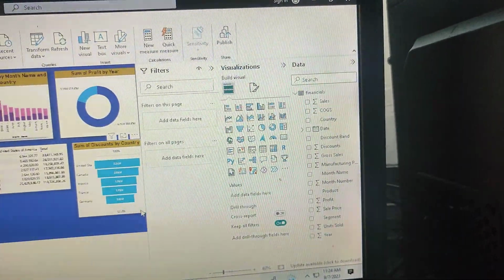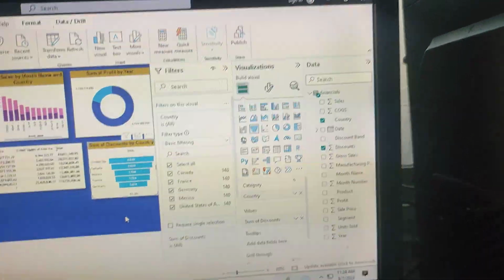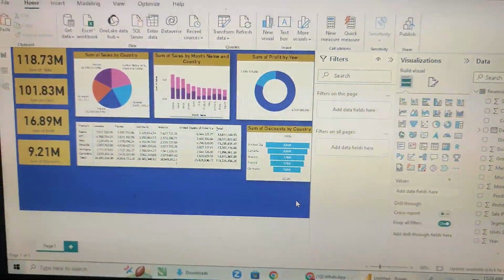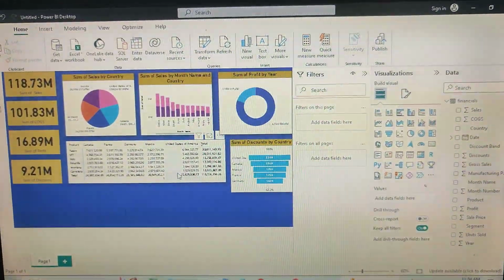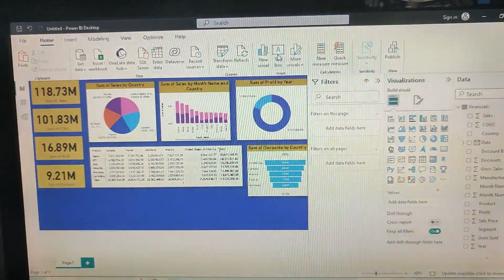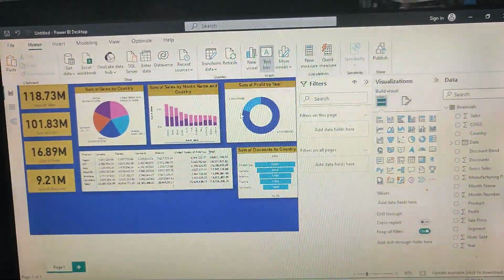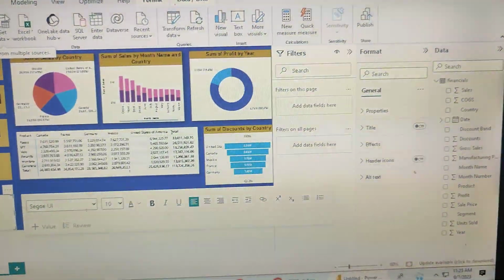I'm going to make this a little smaller, and now my first part of the chart is ready, that I have 4 KPIs and 5 different charts. And now as a student, you are going to create one more thing, a text box where you're going to write your name and roll number. So you're going to write your name,